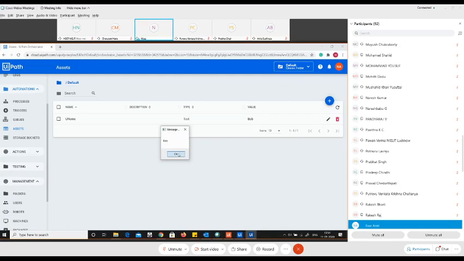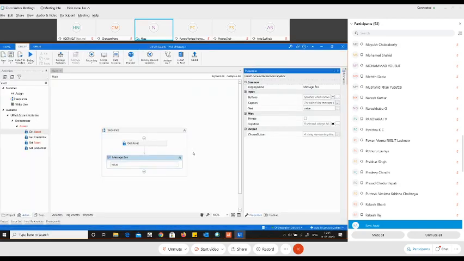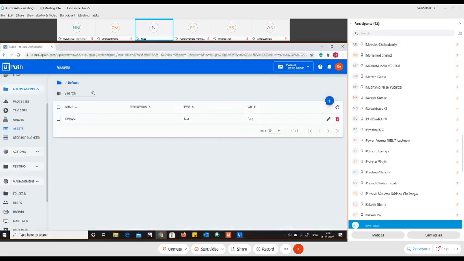Isn't it interesting? You don't need to change the code as of now. There's no need to update the code, because every time we connect with the orchestrator, and from the orchestrator we pull the values and get the information each and every time. So this is all about assets, and let me quickly show you one more cool feature.